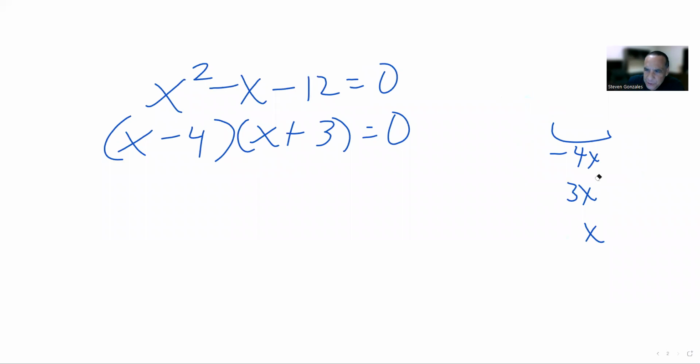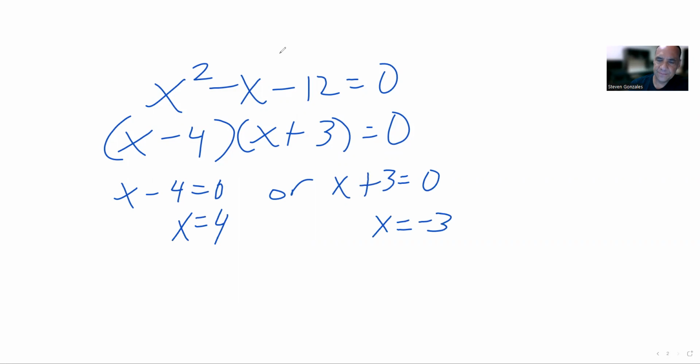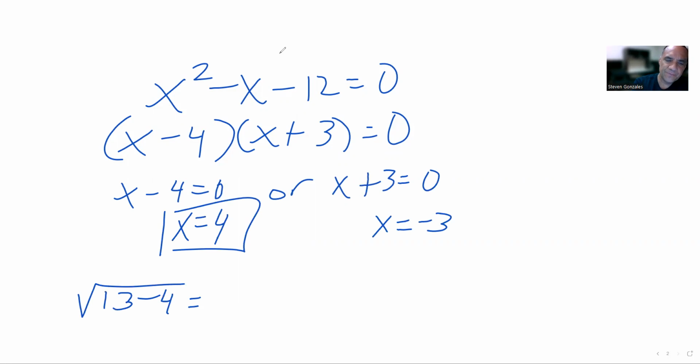Now, when you get your answer, this is a situation where you have to set one factor equal to 0 and set the other factor equal to 0, which will lead to x equals 4 or x equals negative 3. That was all nice. Now, 4 is not going to have a problem because it's 13 minus 4 equals 4 minus 1. Negative 3, however,